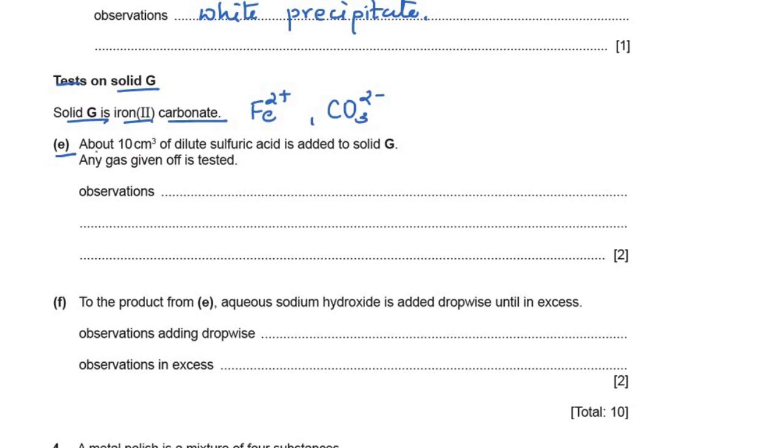The sub question E says about 10 centimeter cube of dilute sulfuric acid is added to solid G and any gas given off is tested. So here the observation, as I said, if we add any dilute acid to the carbonate ion, effervescence is seen. So we can write effervescence observed, and the gas produced